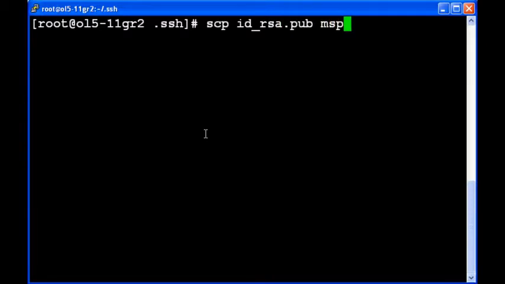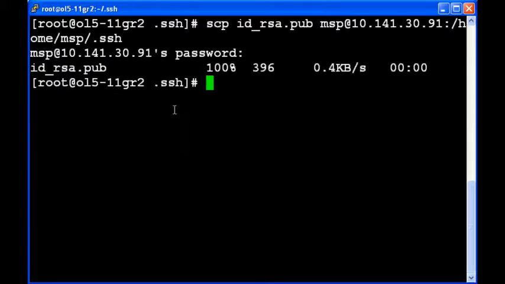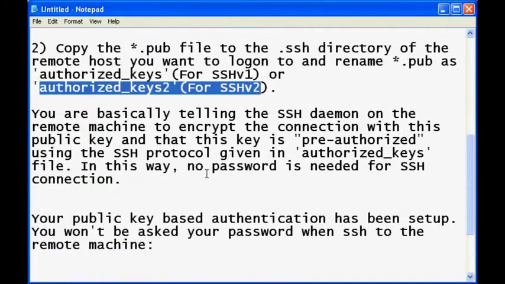We will transfer this file to the MSP user's home directory, so I can log in as the MSP user without a password. But if you want to access root, you need to copy that to the root's .ssh folder. So here if you see, it's asking for a password. Once the password is entered, it will transfer that file to the .ssh directory of the MSP user,